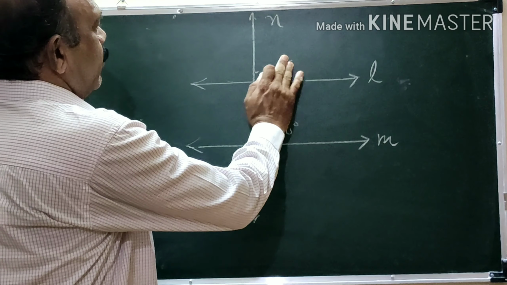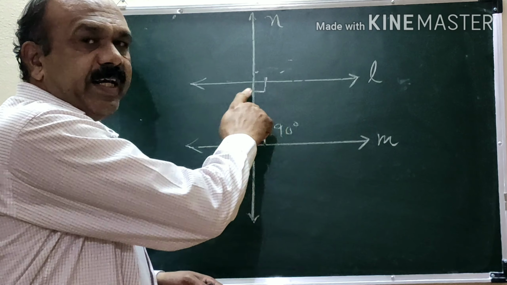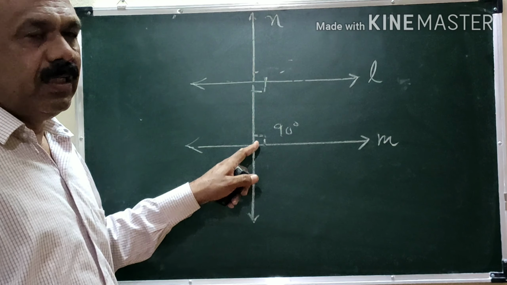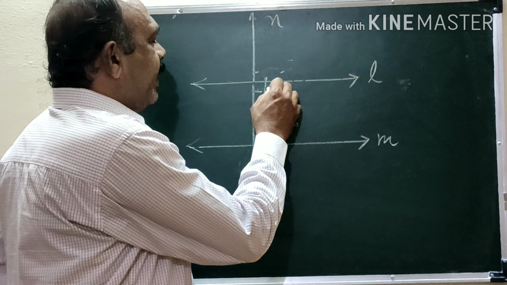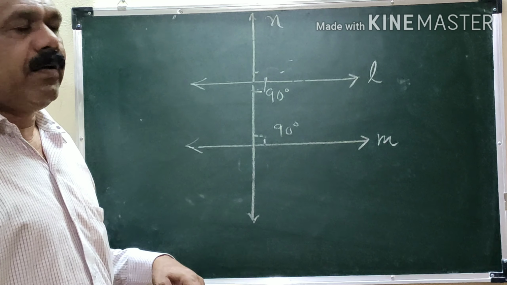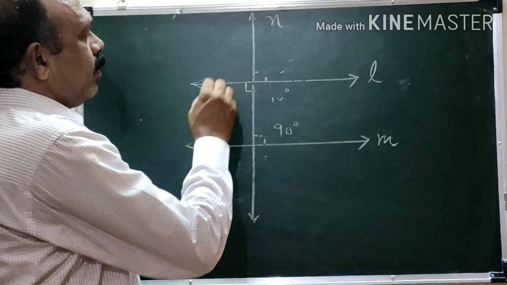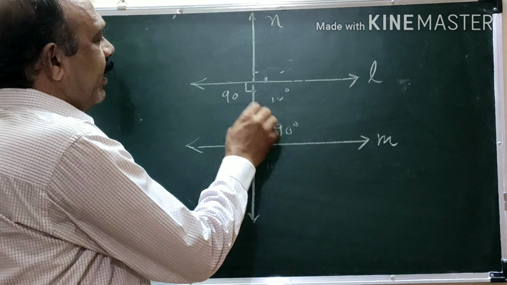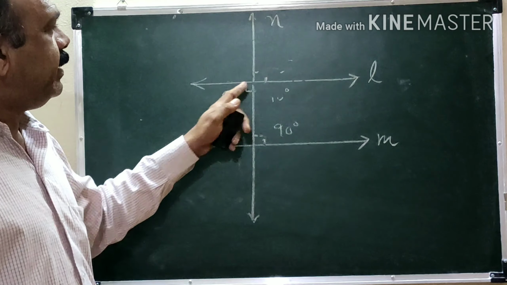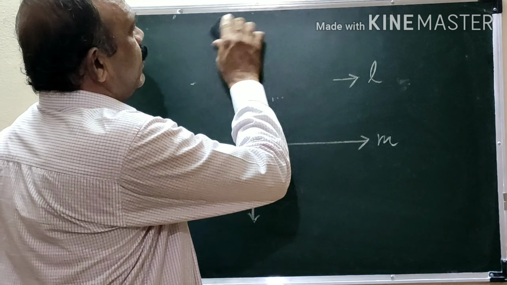Again we can prove it another way: these two angles are formed on the same side of the transversal, and their sum is 180 degrees, and these are interior angles. So according to the interior angle test, these two lines are parallel. We can prove it yet another way: this is also perpendicular, so this is 90 degrees. These two angles are alternate angles, so according to the alternate angle test, these two lines are parallel. So this is one corollary which is given in your book, and the proof is also given, very simple.